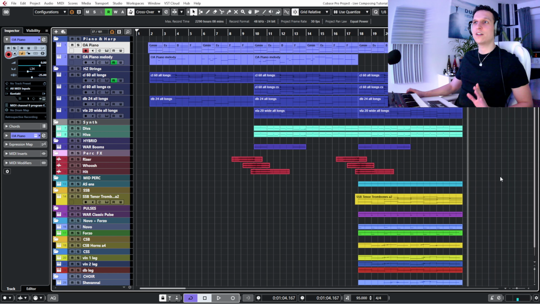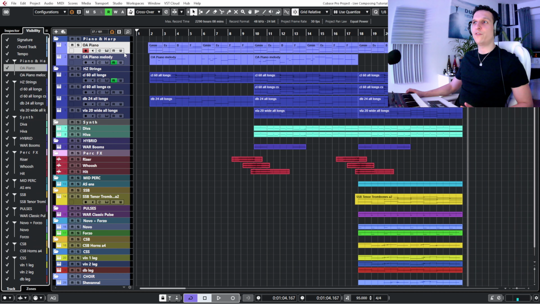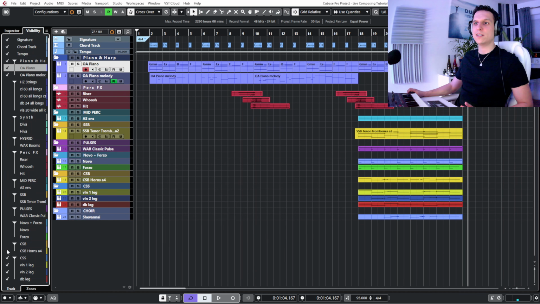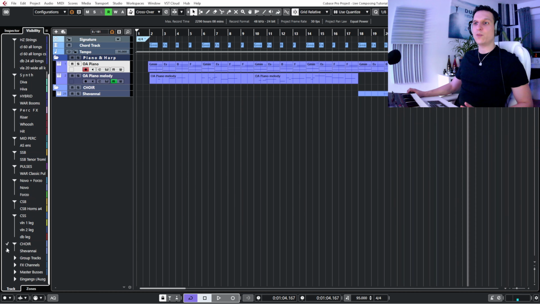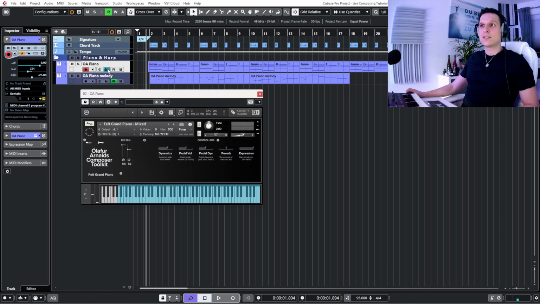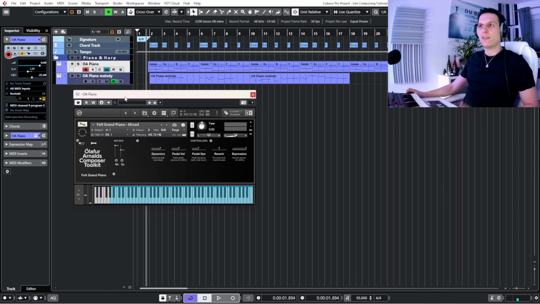Without further talking, let's jump straight in and we will start with our first instrument track, and that was the piano. So I will just deselect the other instruments so that we only have the piano. I started that track with the Ólafur Arnalds felt piano from Spitfire Audio. I think most of you know that piano. It's a fantastic sounding felt piano library, and that piano comes with a traditional piano sound